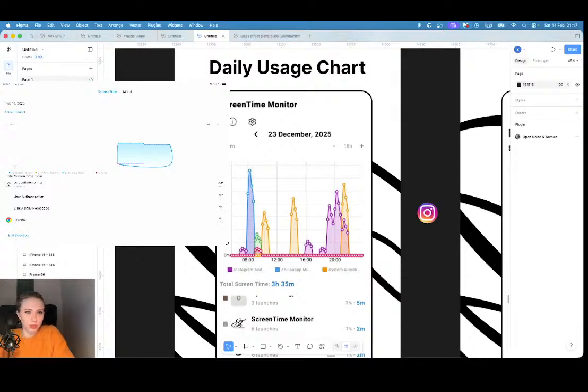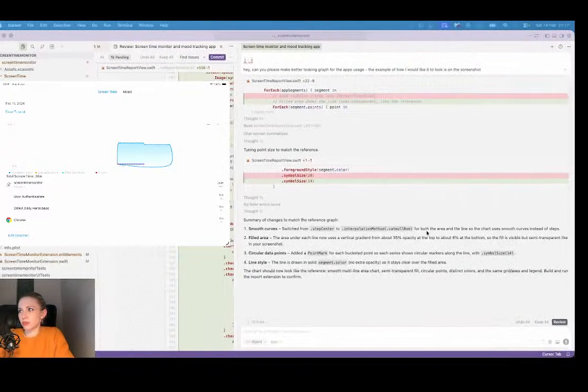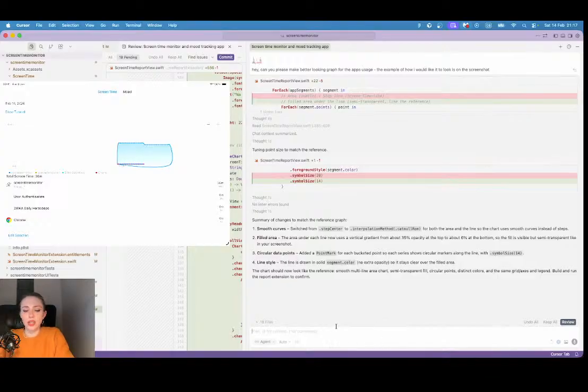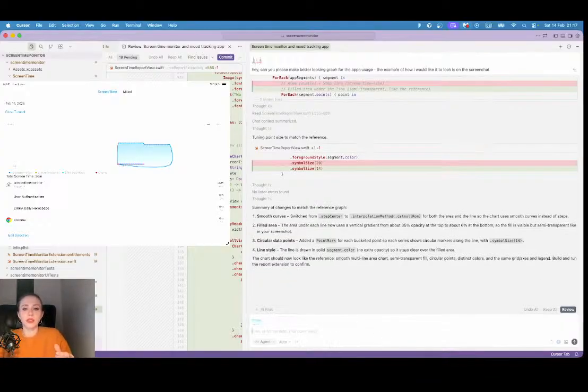So now we're going to try to talk to Cursor. Sometimes I have a feeling that I need to ask Cursor, what do you think about it? Do you think it's good? So I'm going to say something like, what do you think about this? The graph contains points now, but it's